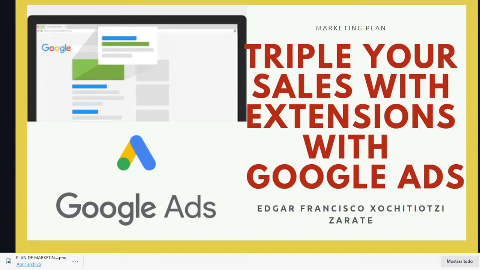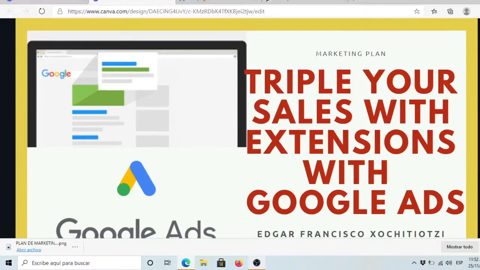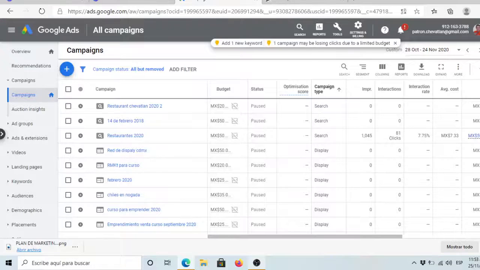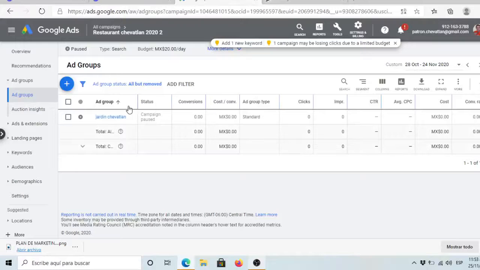So let's get started. I'm going to do this as fast as possible because you really want to know how to do it. Well, you already have a search campaign working, and in this case I'm going to work with the restaurant 2020/2 because this is the campaign for the English teaching. The other one is for Spanish. So we're going to click here and I'm going to explain every